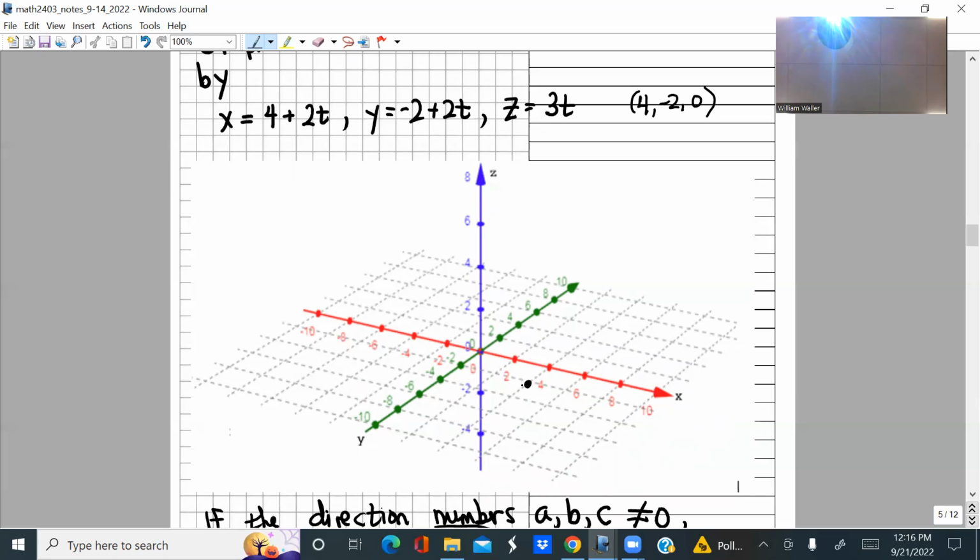So I'm not sure what the direction of that line is yet, right? But it's going to cut through the xy plane right there at 4 and -2. So maybe it goes up, or who knows, right? Okay. All right, now